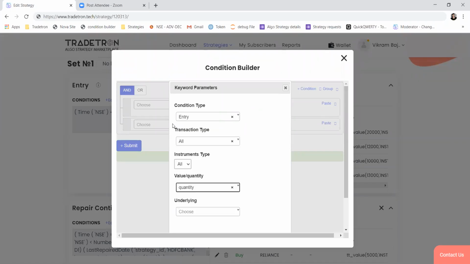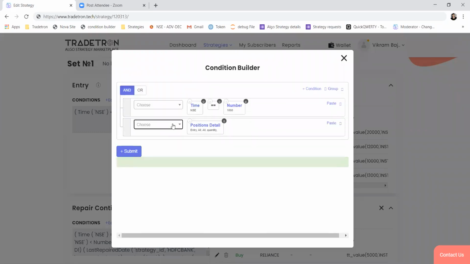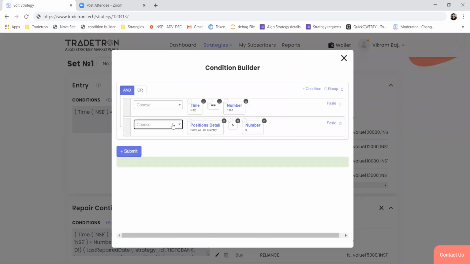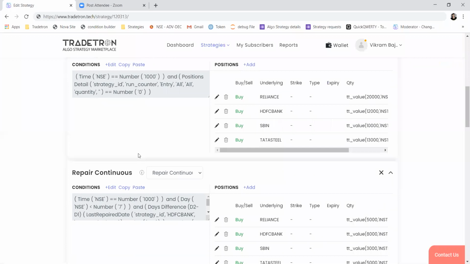So it will ensure that none of the trades or stock gets traded again after exit. So this condition will ensure that if you are exiting any particular stock at some percent of profit, then it will not take the trades again in any of the stock. So we have added that condition.